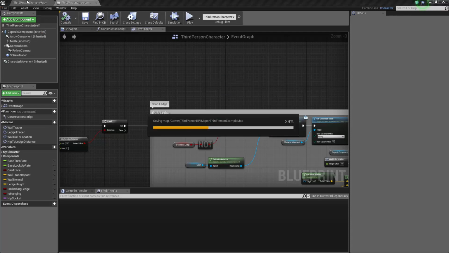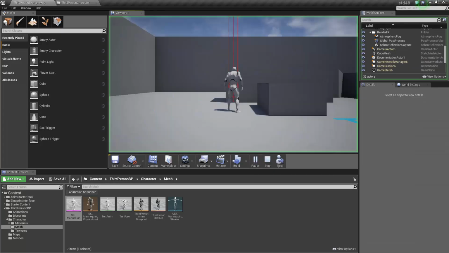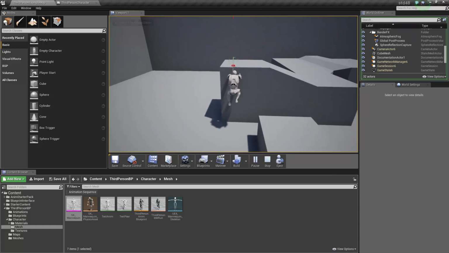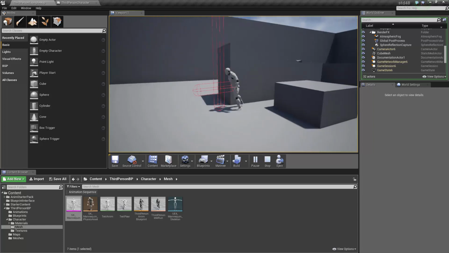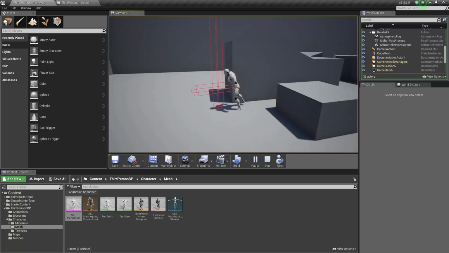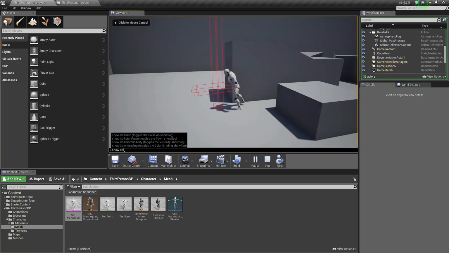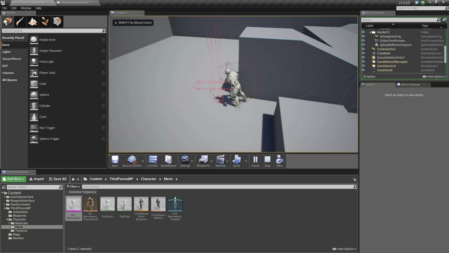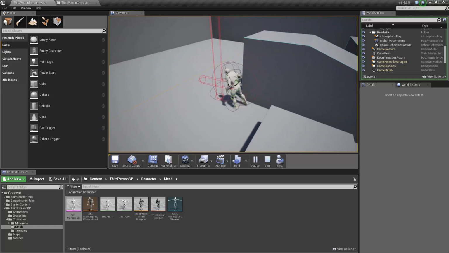we should be able to grab on and let go, and then grab on and let go again. Let's check it out. Oh yeah, see, that's why I said in the previous tutorial the dude looks weird. He doesn't actually just look like that. As you can see, he's leaning, and the reason for this is because the capsule is actually rotated. I don't know if you can see on the video, but the capsule is rotated,